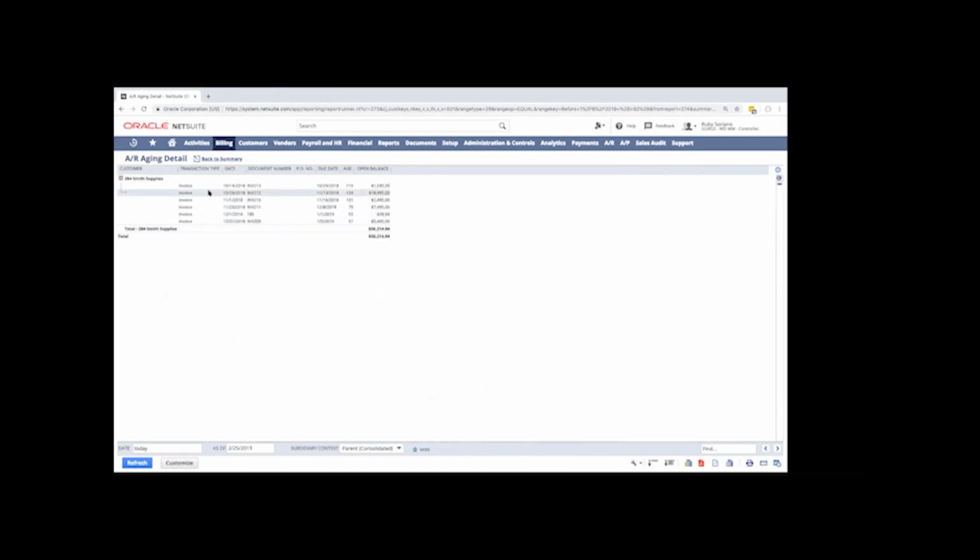And I can actually now come down to a particular column, and I'm going to get a filtered detail report. For instance, here I will see just those invoices for Smith Supplies over 50 days overdue. And we can see that here with the invoices, due dates, dates, and ages.